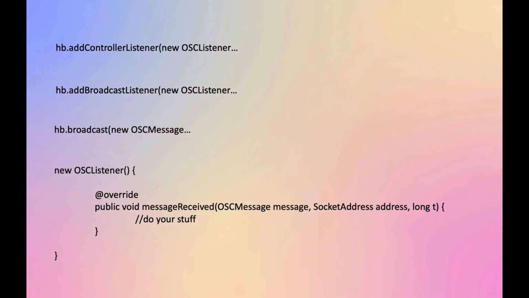And the broadcast message itself, HB broadcast, where we generate a new OSC message, and that's the message that will get picked up by the OSC listeners that are embedded in those other functions via the OSC listener's message received function, which looks like this. So we have a new OSC listener with a message received function which contains in its first argument an OSC message. It also has a socket address and a timestamp, which we haven't looked at, but the OSC message will be the thing that's being sent from the broadcast